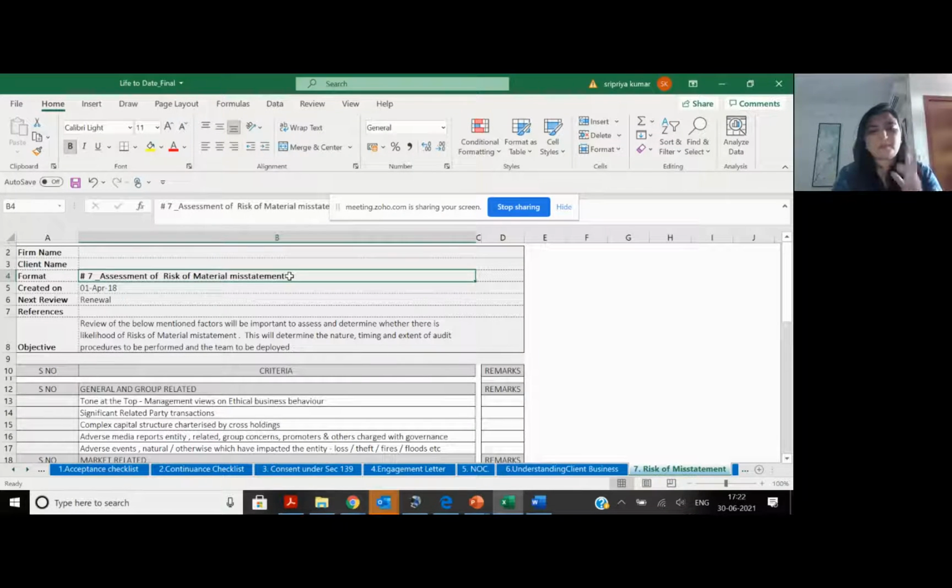What does true and fair mean? It means only two things. One, there is no risk of material misstatement. See, 5,000, 10,000, 5 lakhs, 10 lakhs, 50 lakhs, depending on the client's balance sheet size, there could be errors. They are not material. I should not have a material misstatement, whether due to fraud or error. And the second most important thing is it has to be in compliance with the applicable accounting framework, which is your Schedule 3. So how do I assess the risk of material misstatement?